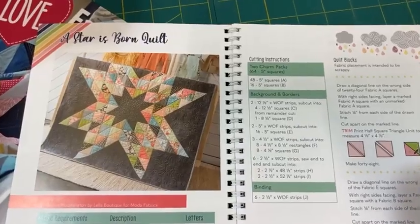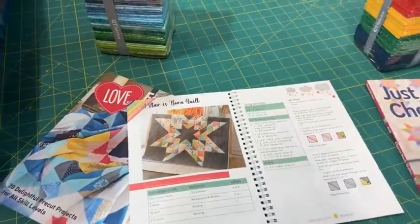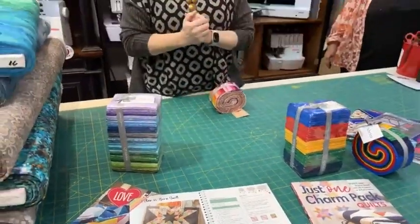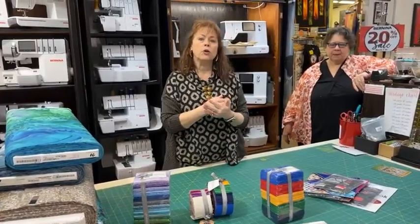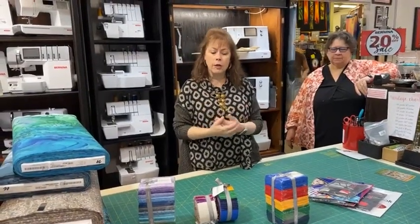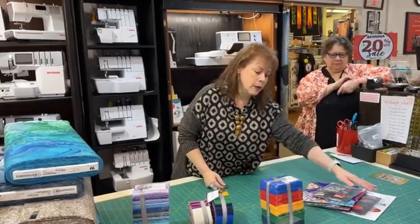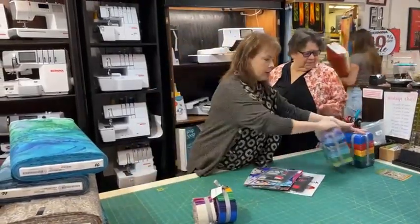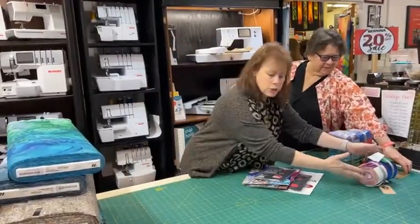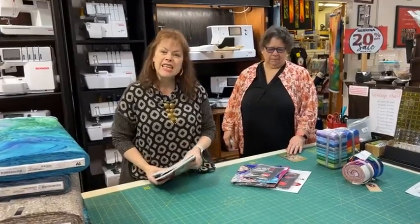So if you've got some wonderful charm packs, or some beautiful fat quarter bundles, you can take any of our fat quarters, our 10-inch layer cakes, or just a charm pack, and these are perfect for doing that. So I wanted to show you some of the new ones that had come in. And I'm going to scoot that over here because we have just a couple minutes, and I want to tell you, I tease you,